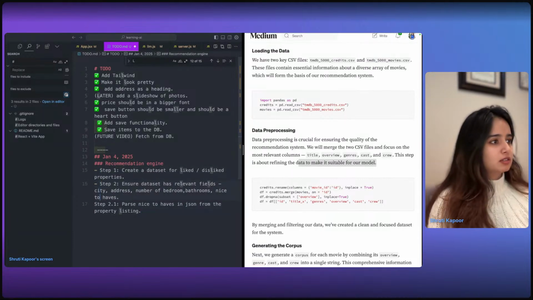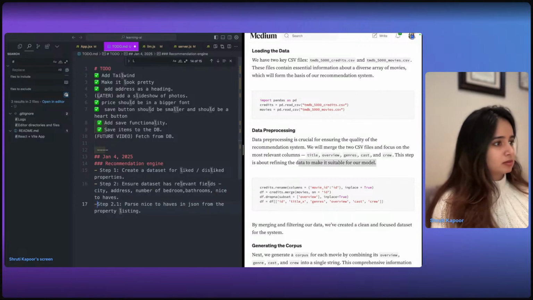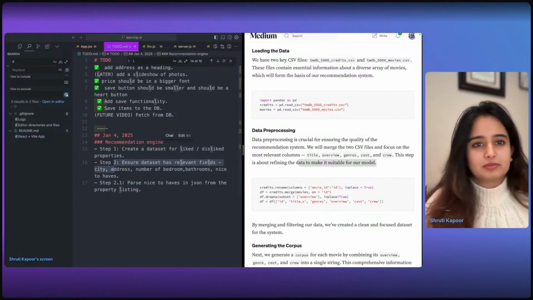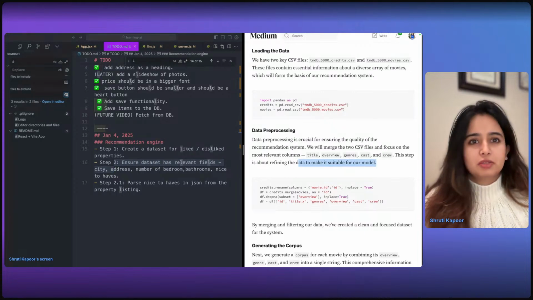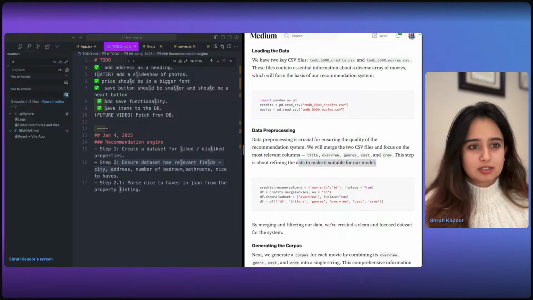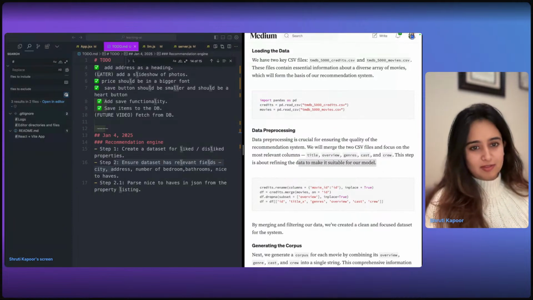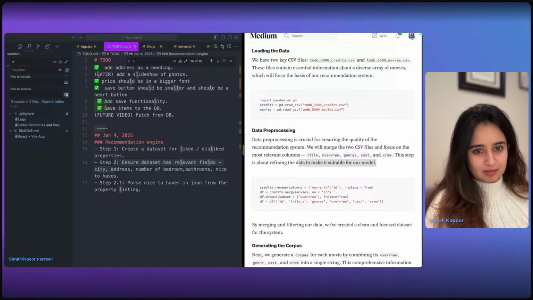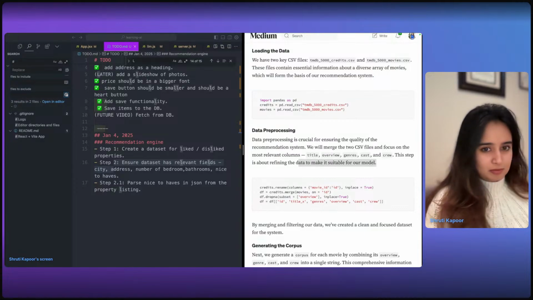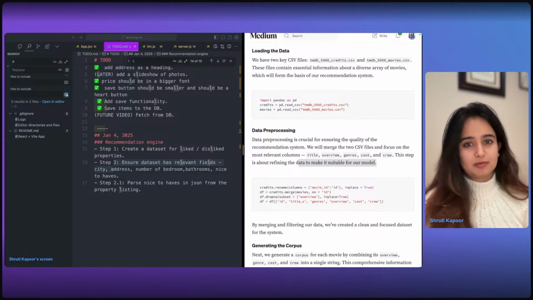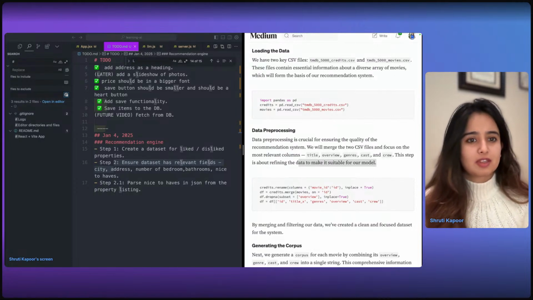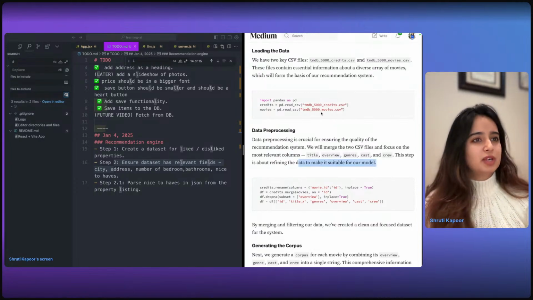Clean, clean. All right. What are we doing? Right.